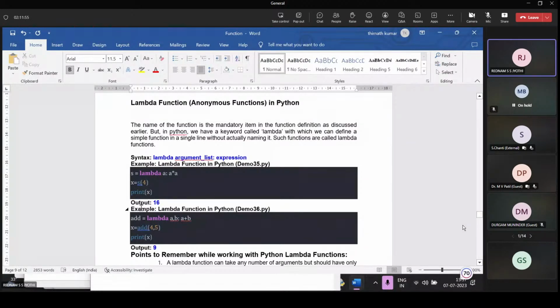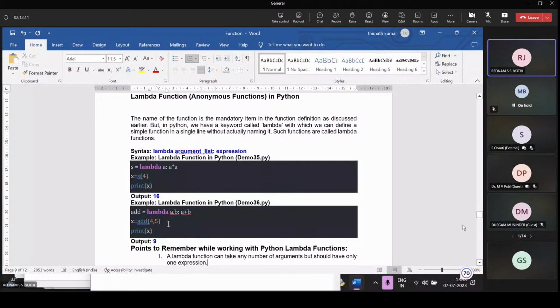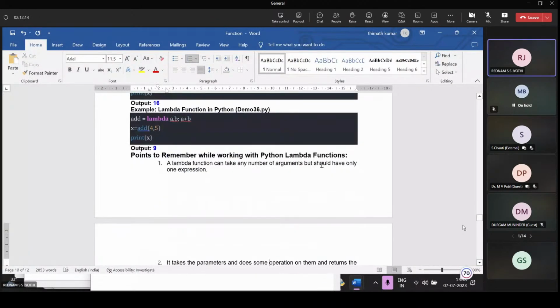So a lambda function is used to define a simple function in a single line without actually naming it. Such functions are called lambda functions. Now the points to remember while working with Python lambda functions: lambda functions can take any number of arguments but should have only one expression, that is the right hand side of the colon.